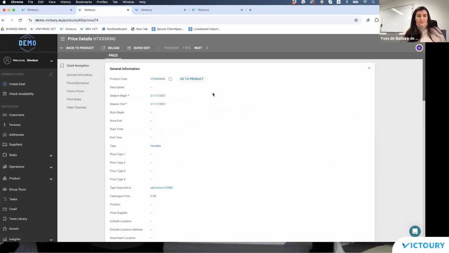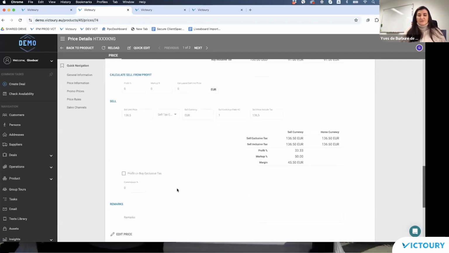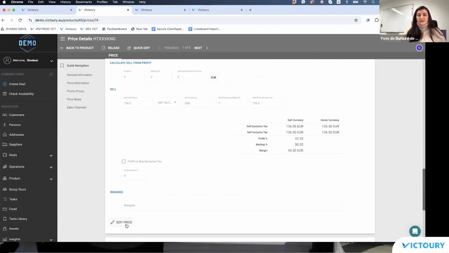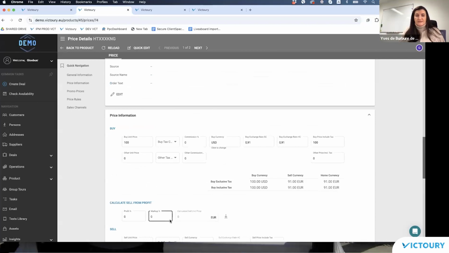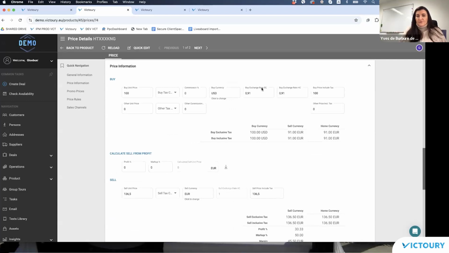So when you add a price in your price setup, of course, everybody usually starts, if he or she enters the price manually through the price information window, by adding the buy part. So if you first add the buy part, usually the sell part, when you first load this window, will be by default loading your main currency.